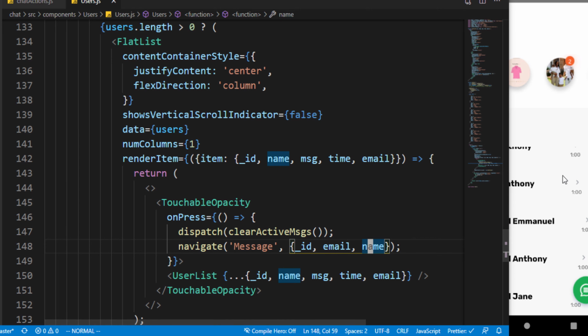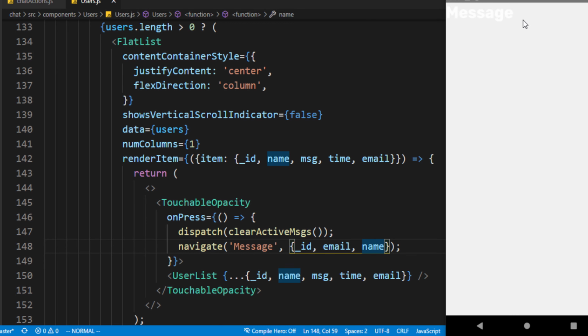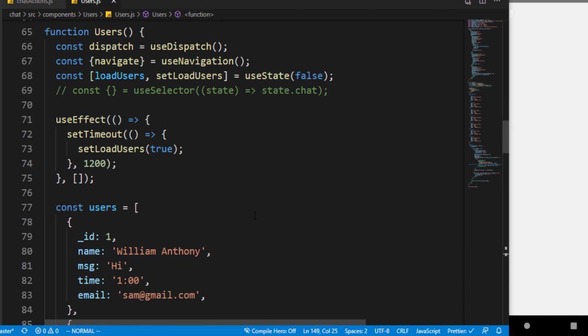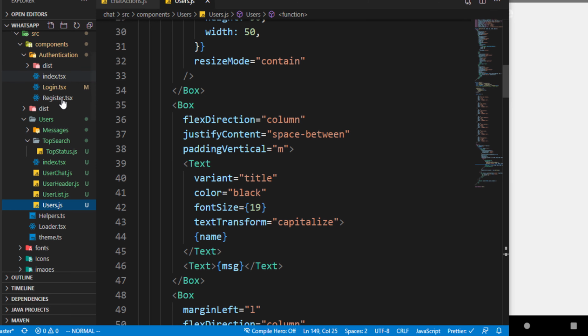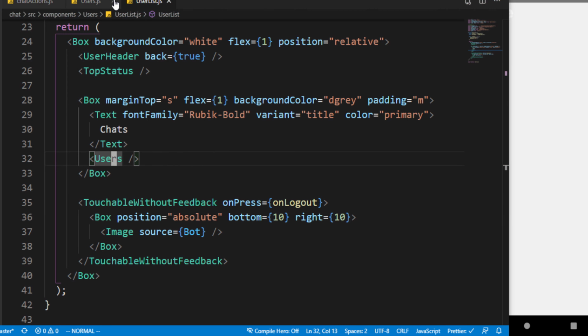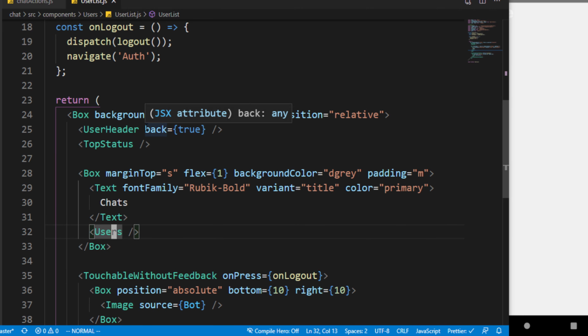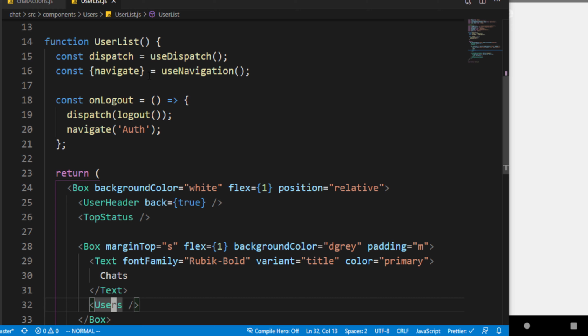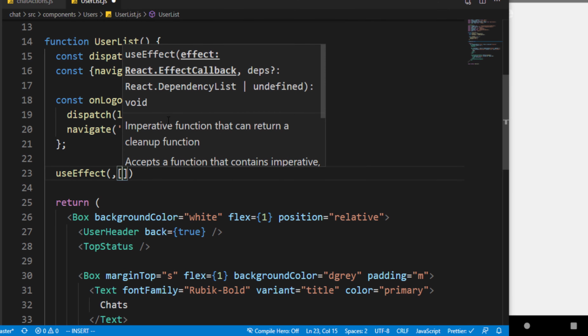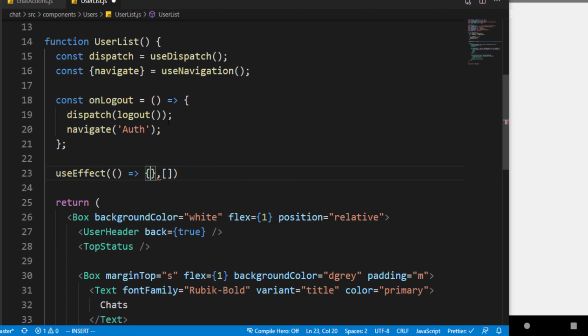And I'm just going to click on that user, and you see we come over to the message screen. And what we have to do right now is to come over to the user list. So this user list right now is where we are gonna start making use of our socket. So what we're gonna do is use the useEffect. The useEffect runs whenever the component opens, and we want to dispatch